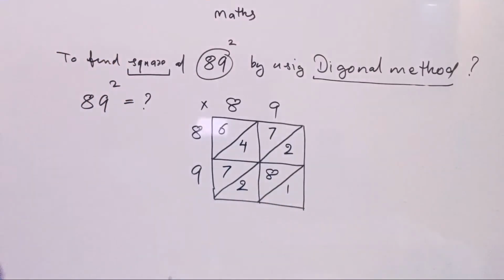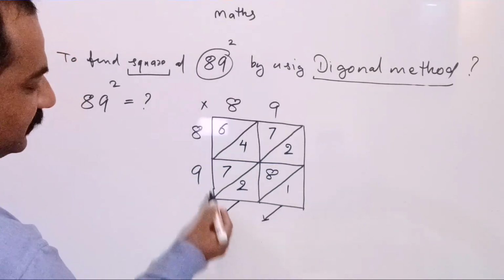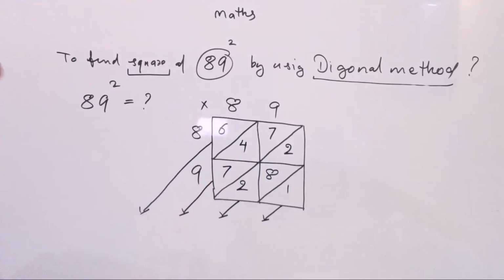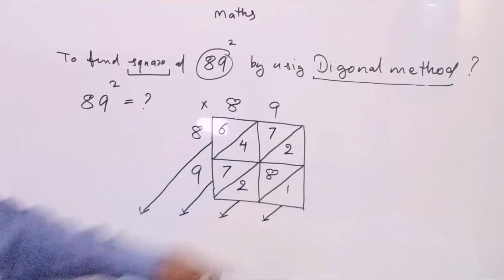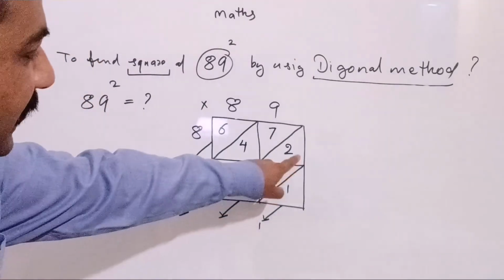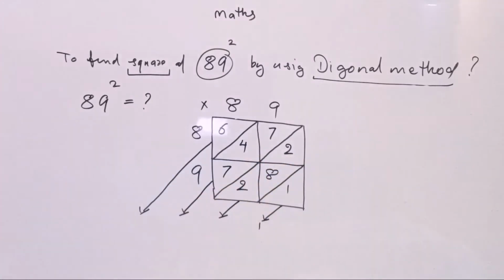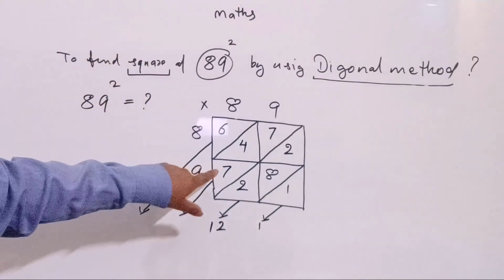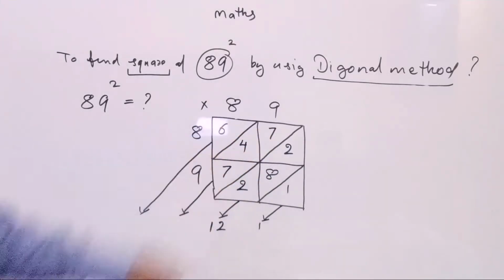Right? Now guys, we have to add these values diagonally. Right? So inside the box we have one only. Diagonally we have three values. This is 8 plus 2 plus 2. This is 12. Right? Now we have how many values? 3 values inside the boxes. 7, 7, 14. 14 plus 4, 18.